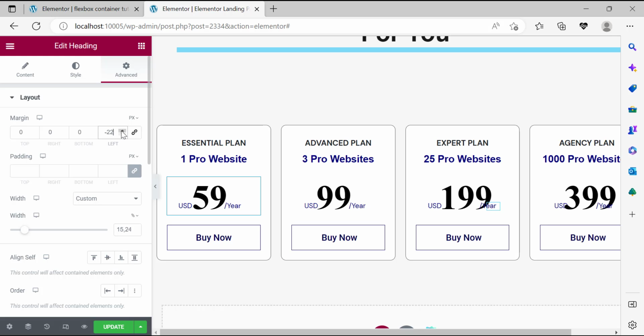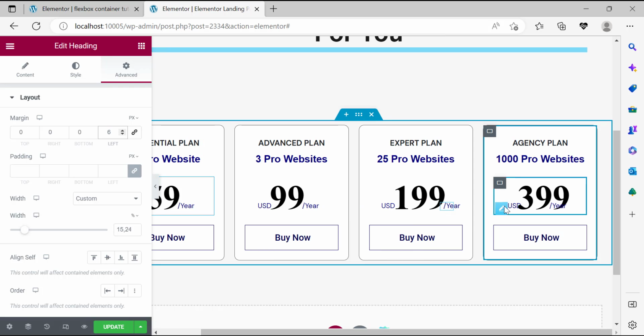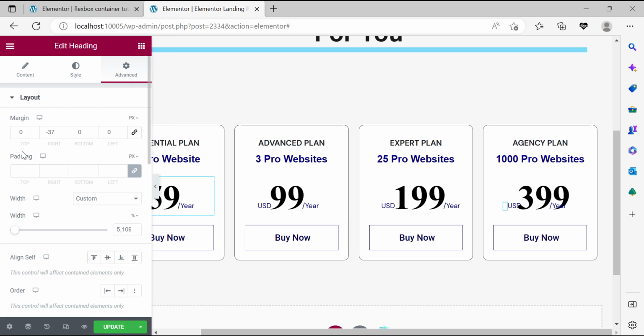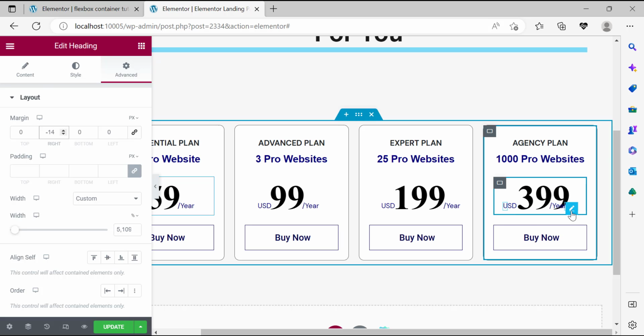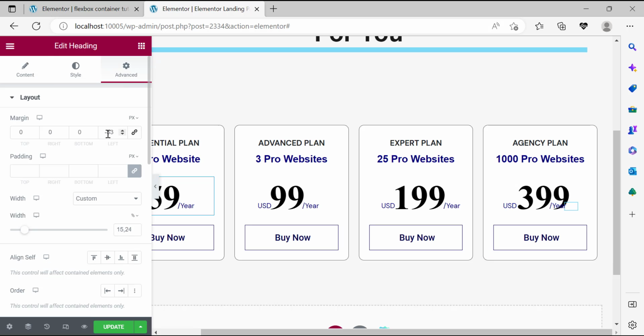Right, click, click, click, click. I'm afraid I'm going to have to keep doing this for a long time. Right, so let's just make sure that they are not in each other's space. Yeah, that's a good distance. I'm going to click this one here, go to advanced as well. Now here, change the distance, remove this, and then of course we have the other one here. Go to advanced, let's remove this distance as well, and I think we're good to go now. I think we have a pretty good looking result,